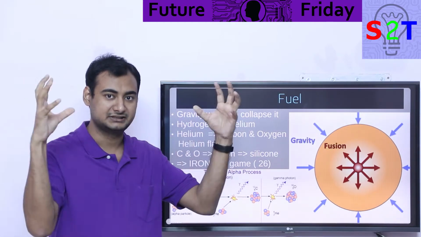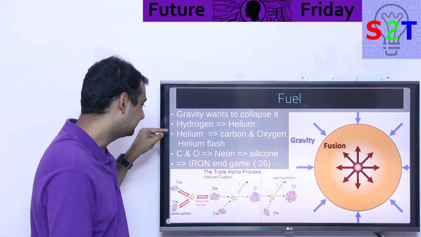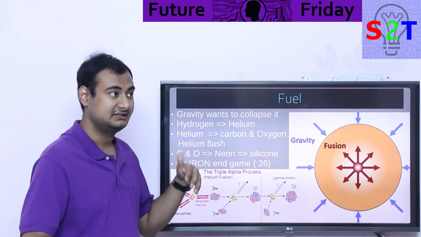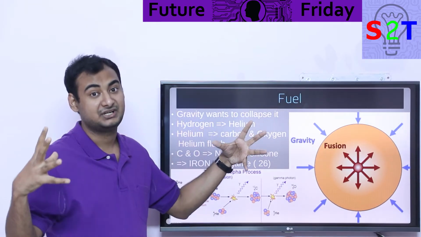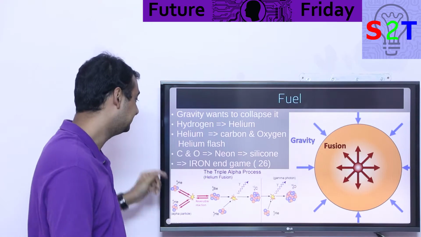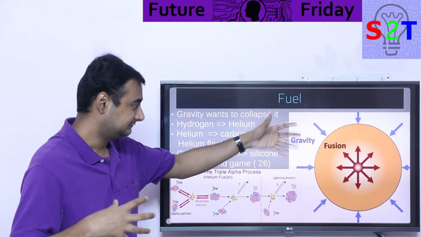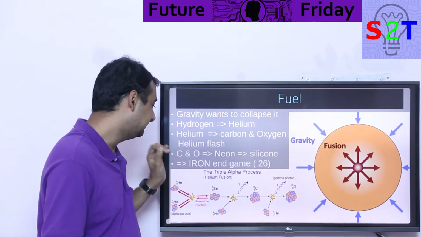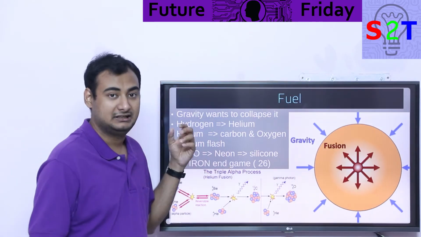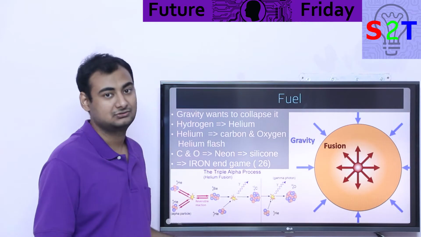Basically it will start going like this because equilibrium is no longer there. So once you reach the helium phase, if our sun reaches that, it will become a red giant because the energy output will be completely different. So what happens once you reach the oxygen level? Again, you will run out of oxygen at some point. You will start to collapse that into neon, and then the same process will happen. You will start to run out of that also.